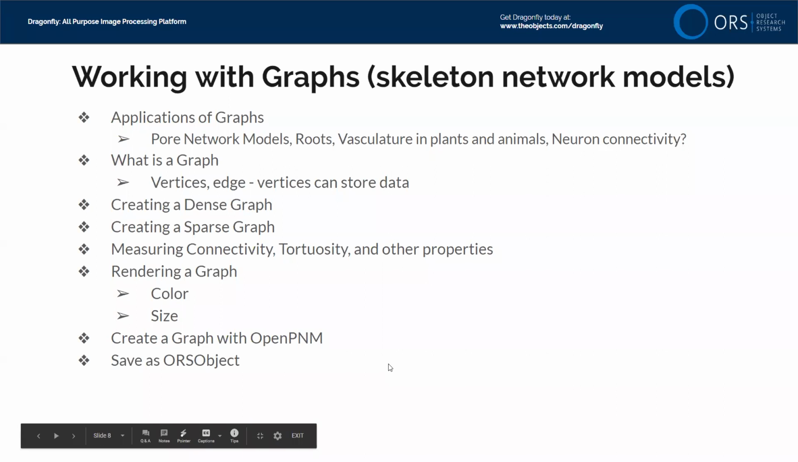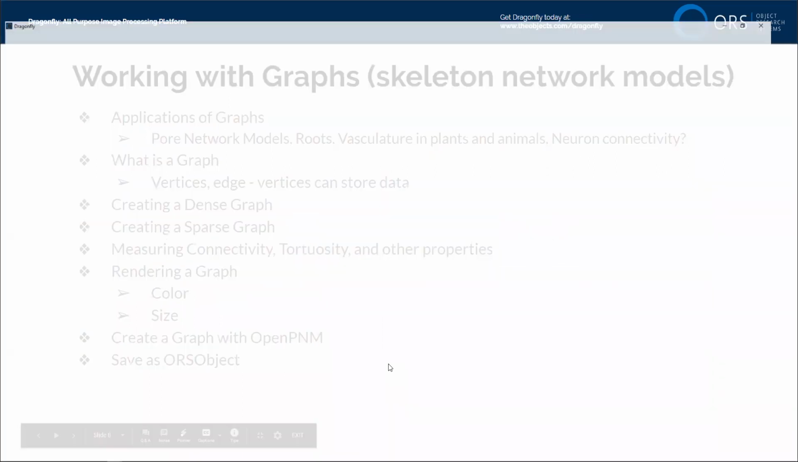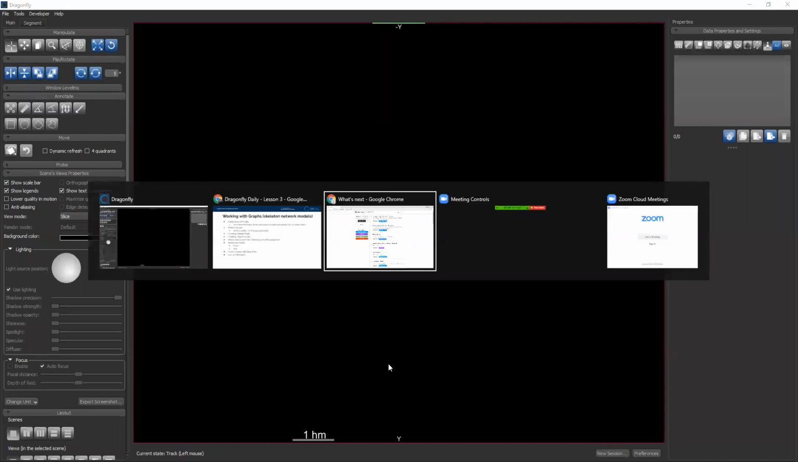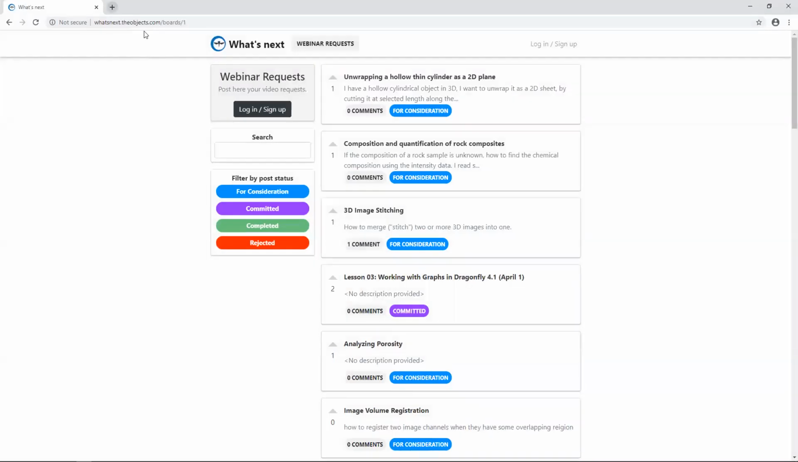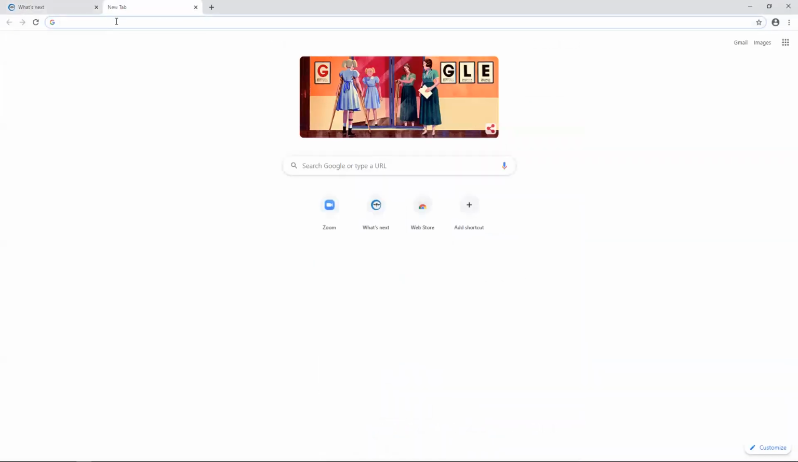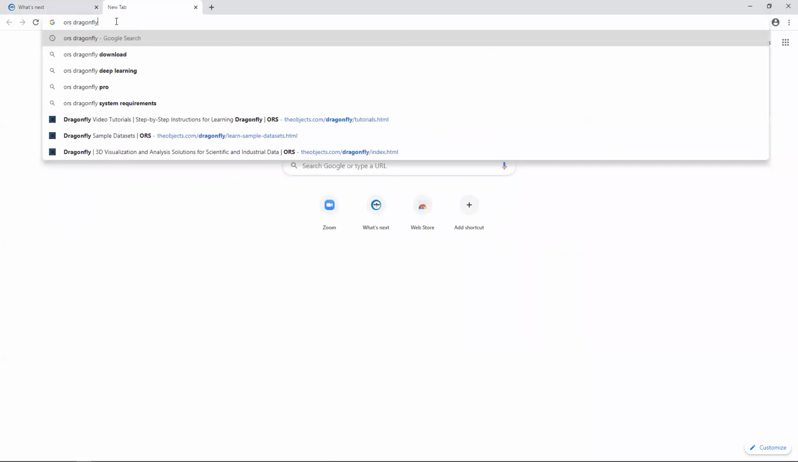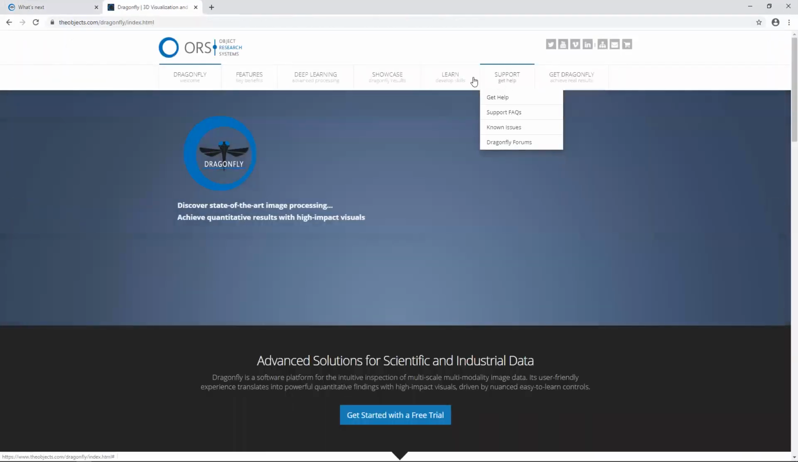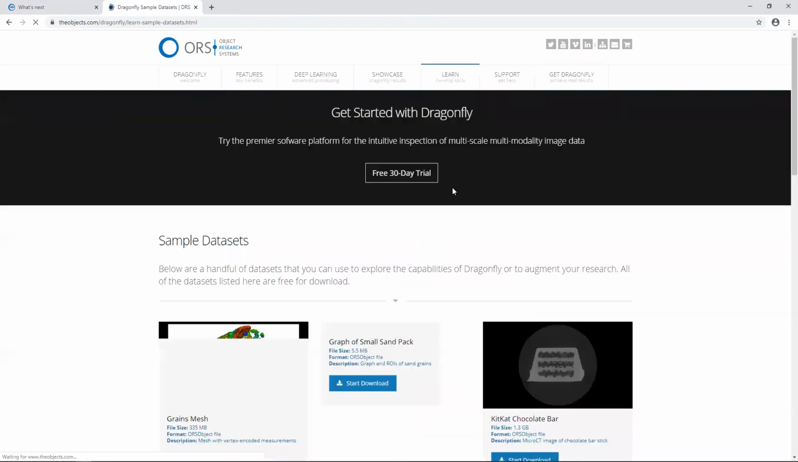All right, let's go over to Dragonfly. The data set that we're working with today is something that I created on my own. It's a derivative of a SandPack data set that comes from the Digital Rocks portal. This data set will be hosted shortly on the Dragonfly website, which is to say, if you go to ORS Dragonfly and you pop over here to the website, if you look under Learn, Sample Data Sets,